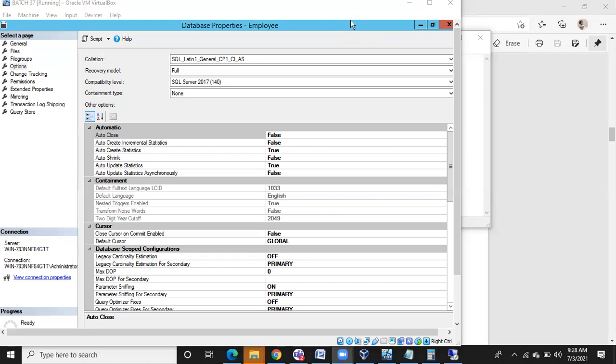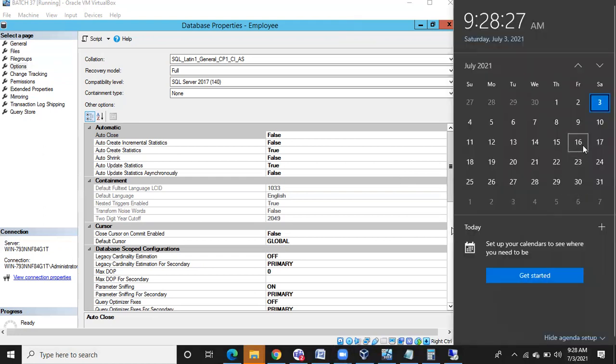Then from the next weekend onwards, we are going to start upgradation and migration. By 16th onwards, we start upgradation, migration, and Active Directory setup. Then on 23rd and 24th, we discuss log shipping, mirroring, replication. On 30th and 31st, clustering, Windows clustering and SQL clustering. Then August 6th, 7th and 8th, we close the course with Always On and performance tuning. That's our plan. Any questions, any doubts?